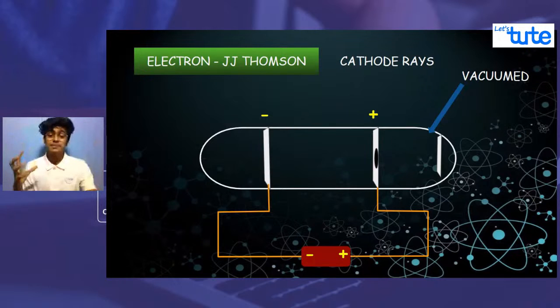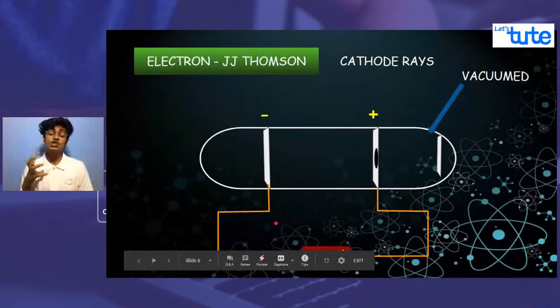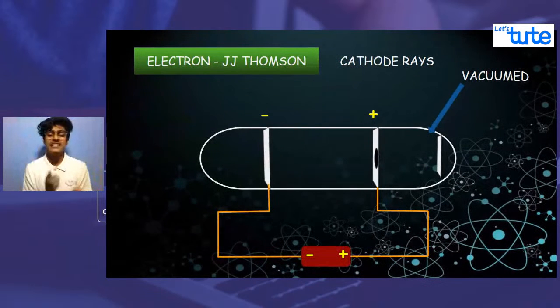This experiment was performed by J.J. Thomson. Of course you can perform these experiments again, but you should have the required apparatus. You have to satisfy the vacuum condition. You should have metal sheets, cathode and anode, with a hole in between. You should have a screen which can glow, and wires, and a high voltage. Then of course you can perform these experiments.